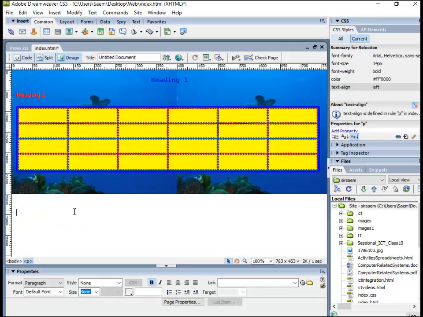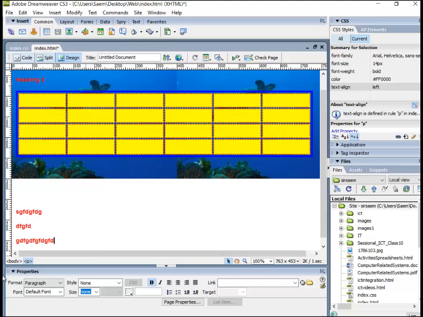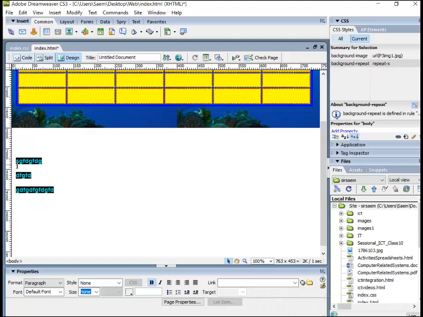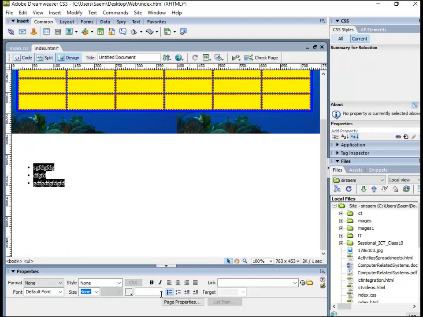So if I come here and if I define some text over here, yes or no, right? Now what I want is that bullet points appear, but these bullet points should appear through CSS. Please understand this concept well. Now if I directly apply over here,